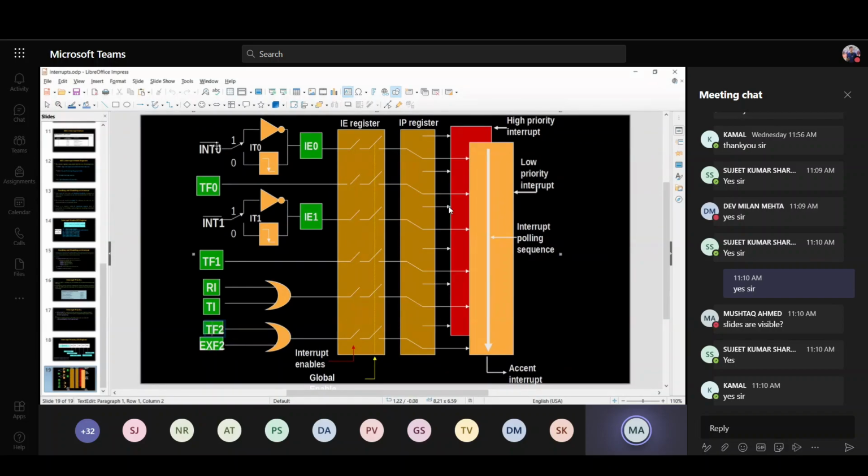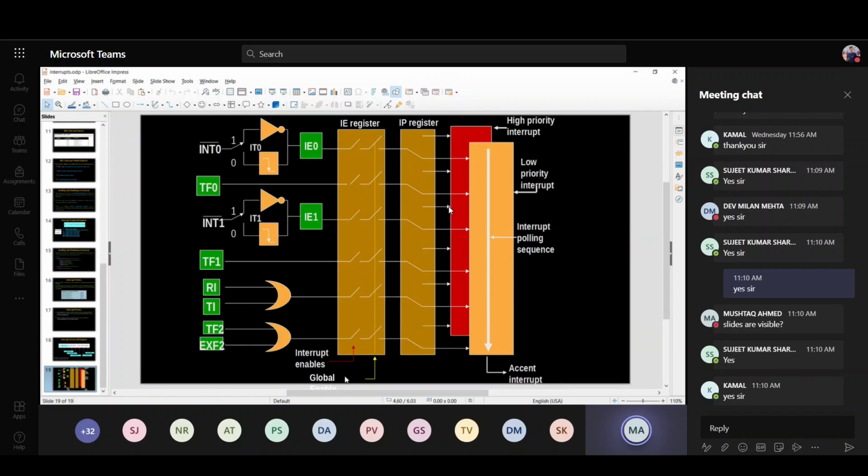Whenever an interrupt occurs, these interrupts are checked by the interrupt enable register, whether these interrupts are enabled or not. If they are enabled, then we check the global enable. If global enable EA is zero, then none of these signals touches this line, which means all interrupts are disabled.